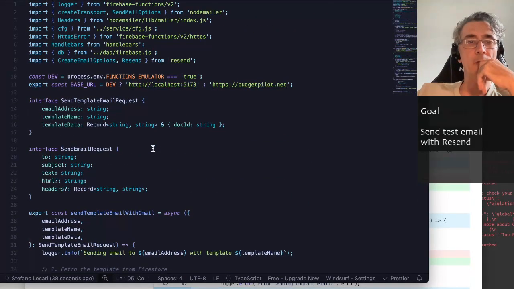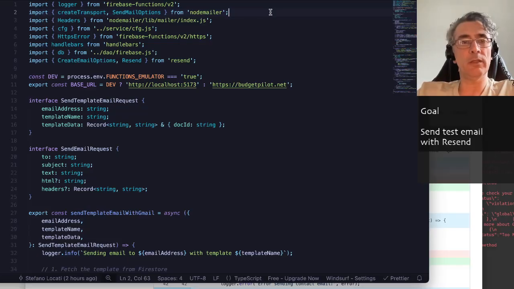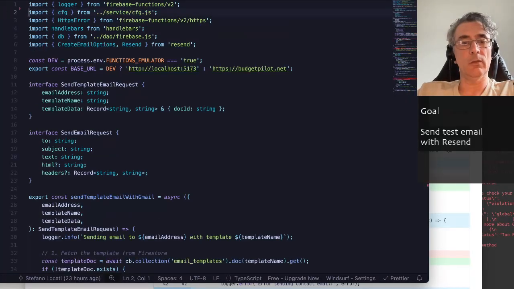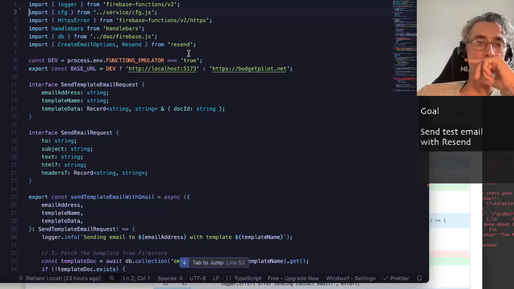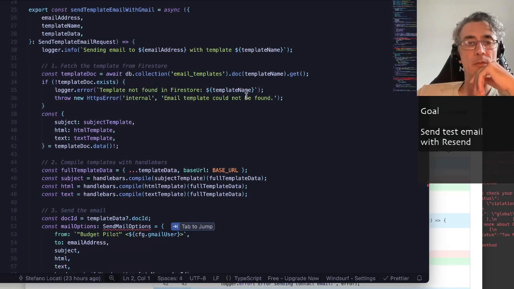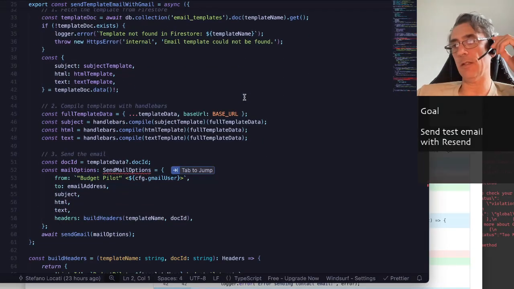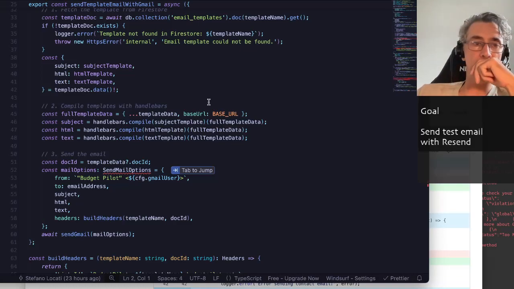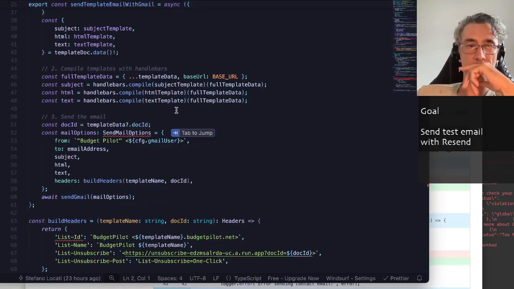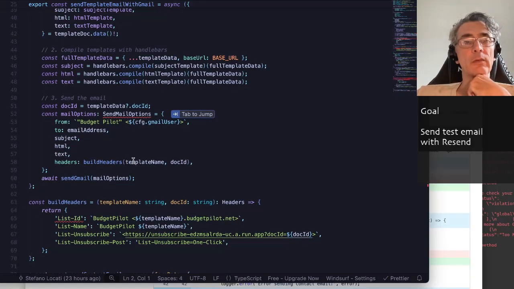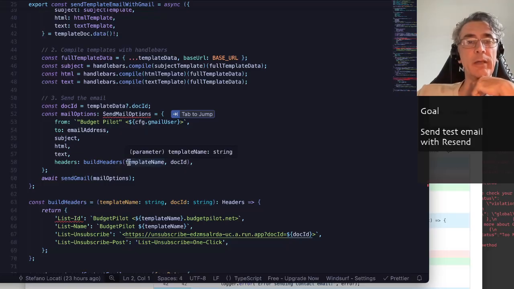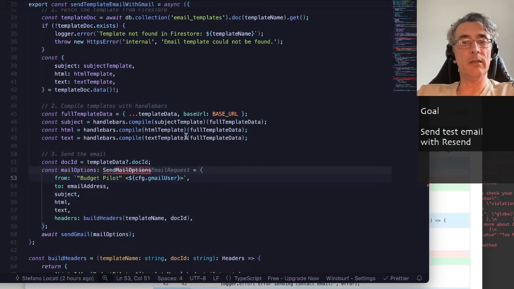Now, what we can do is start to remove node mailer so we get some errors. These two for node mailers. We get some errors, so it'll be easier to see how to migrate. We keep handlebars, because if I implement the resend templates, then it's another dependency on an external service. It's better to use our handlebars. Right, so the only thing I want to do is build the full email, just as we are doing. So instead of send email options,